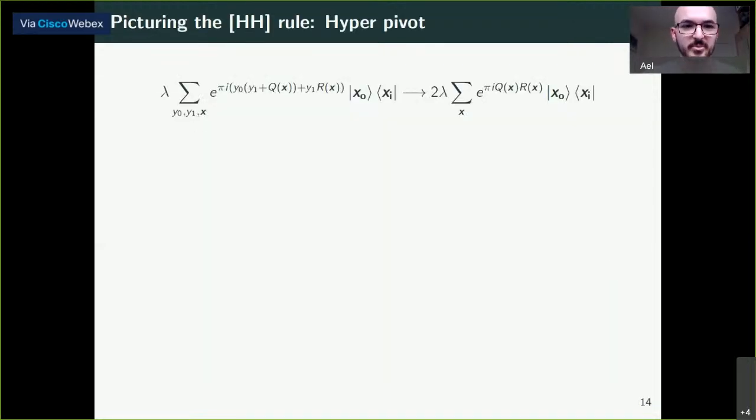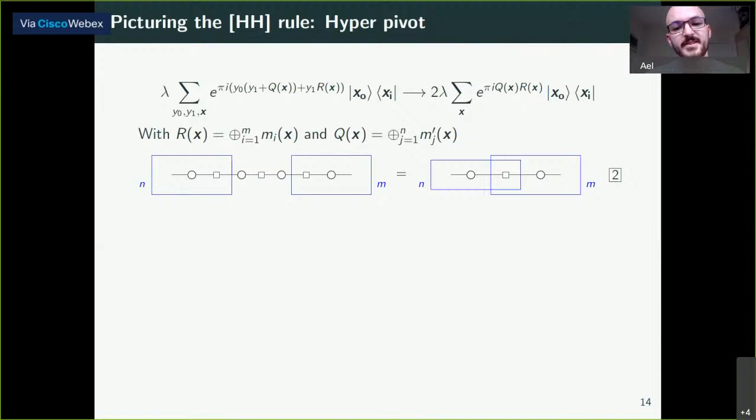So in our way into picturing the HH rule, I'm going to show you a simpler example, which is when Q and R are Boolean polynomials. So they are XORs of monomials. And in this situation, this is the picture of a pivot on a graph. And what it actually does is a